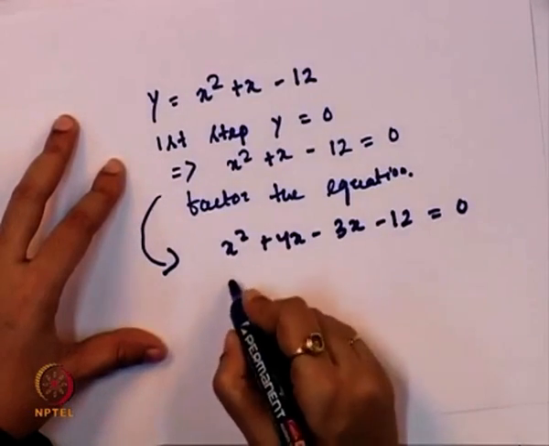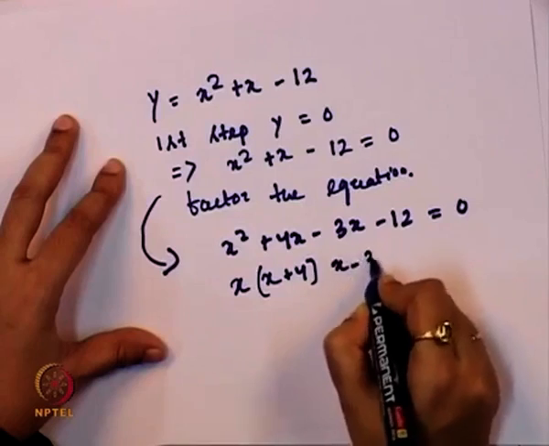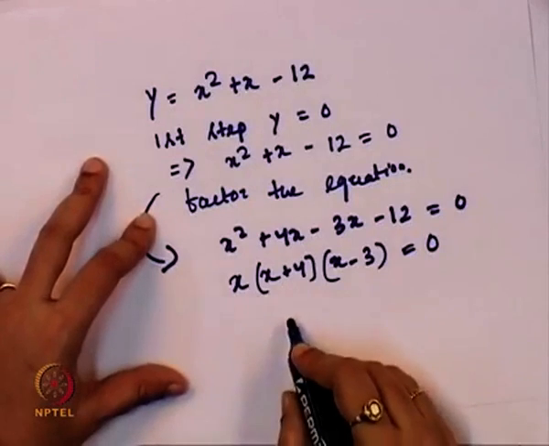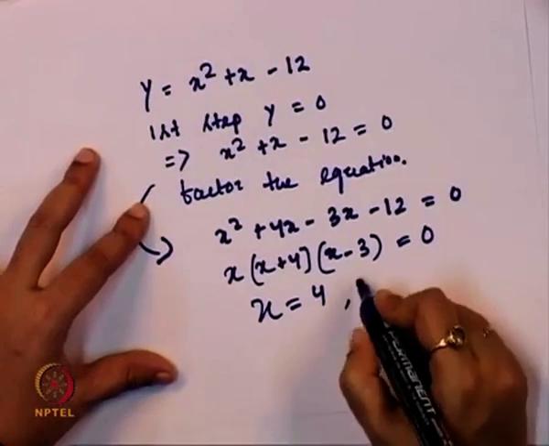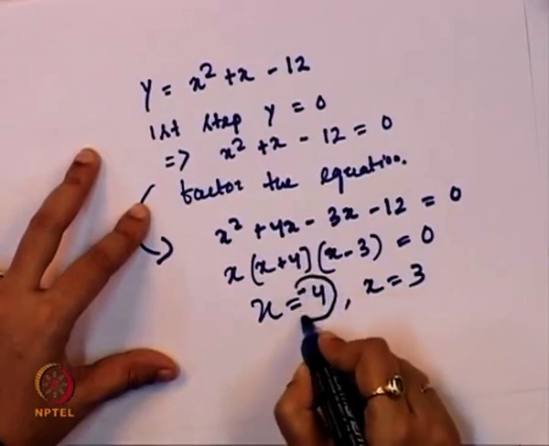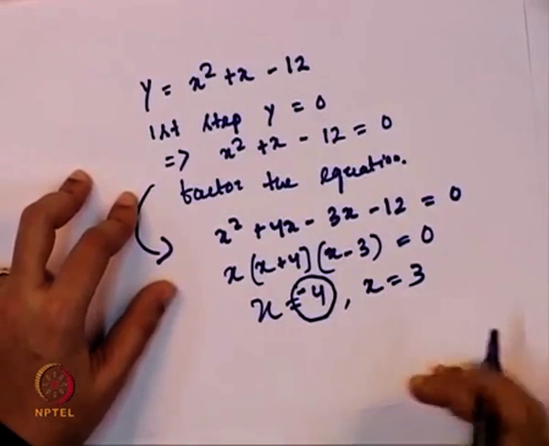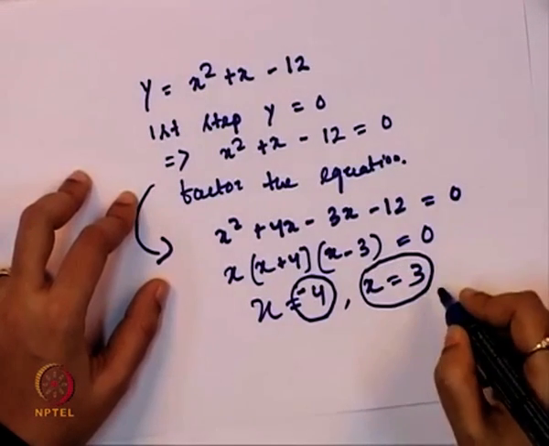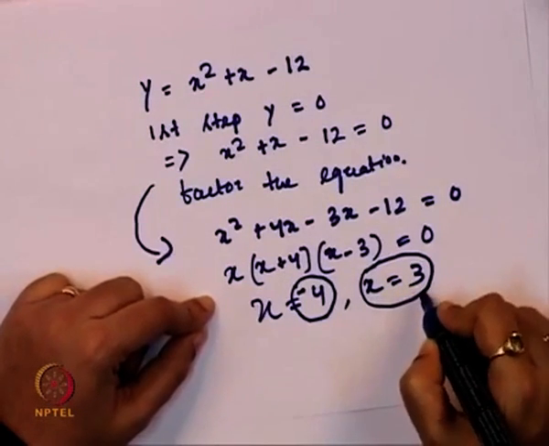Now, simplifying again, this gives x plus 4 and x minus 3, which is equal to 0. We get two values of x over here. If you simplify, one is x is equal to minus 4 and the second is x is equal to 3. If you look at it, minus 4 has no meaning in economic analysis. So, basically you will go with the positive value, that is x is equal to 3, and we solve this functional form with the value of x which is equal to 3.